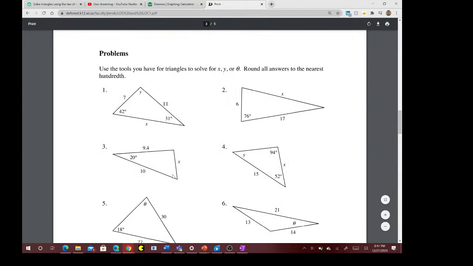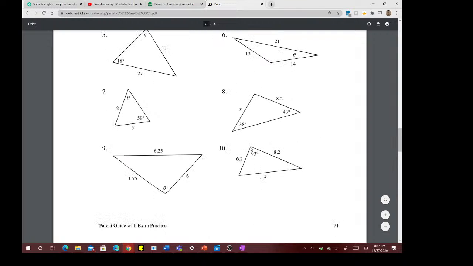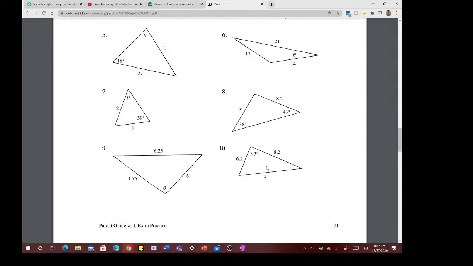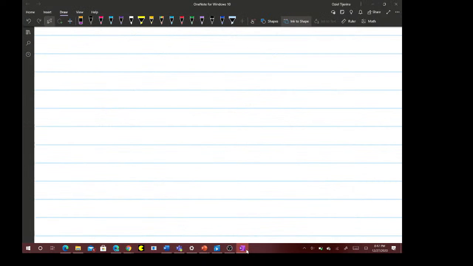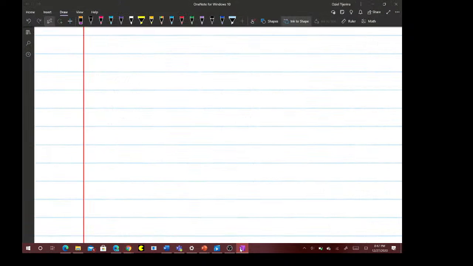I'm thinking you can also do law of sines with these other ones, because it doesn't tell you, but I think it's only if it gives you two angles, if I'm correct. So we can do number 8. I'm going to just do number 8, and then I think that'll be it for this live stream, because I really don't want to make it too long. But we can say sine of 38 over,